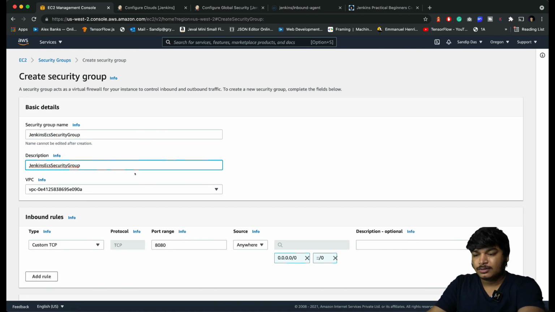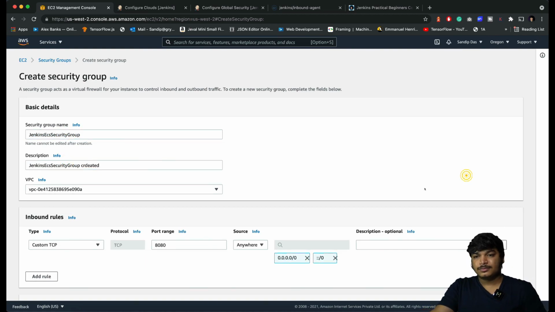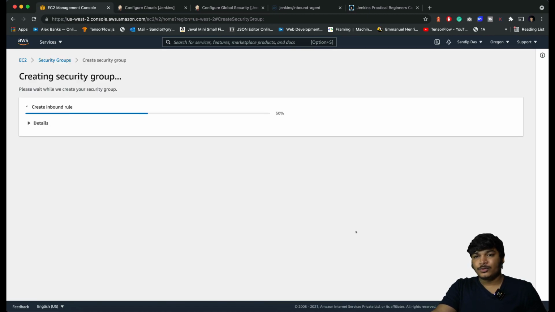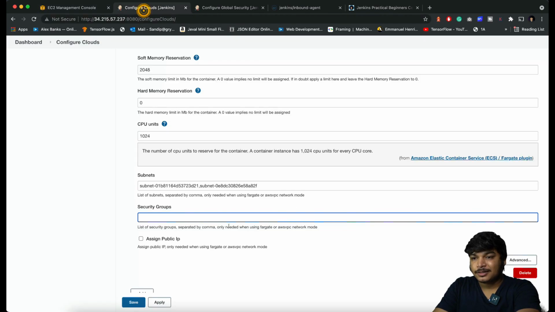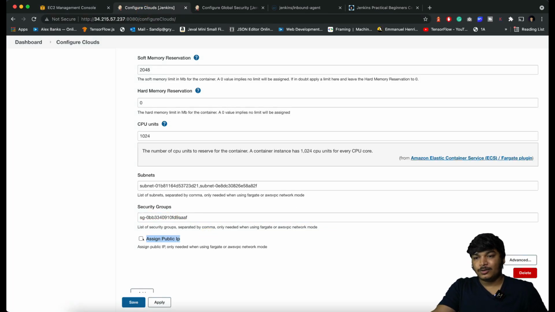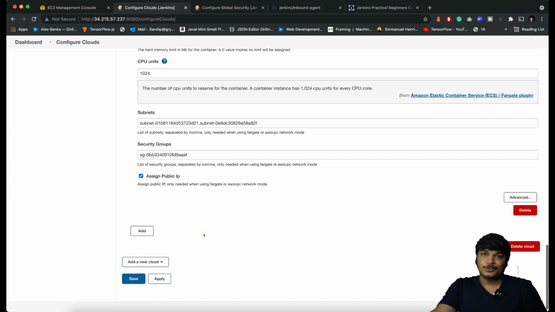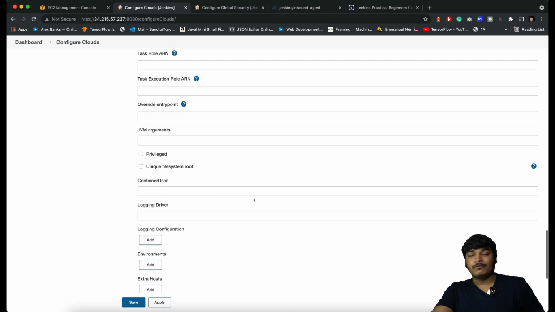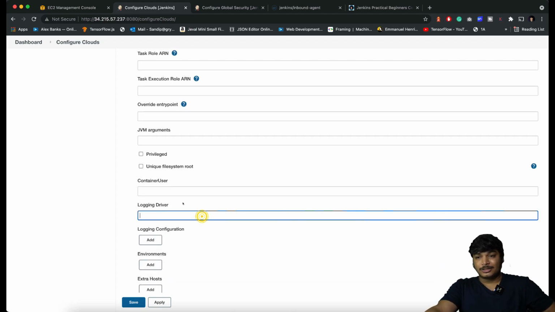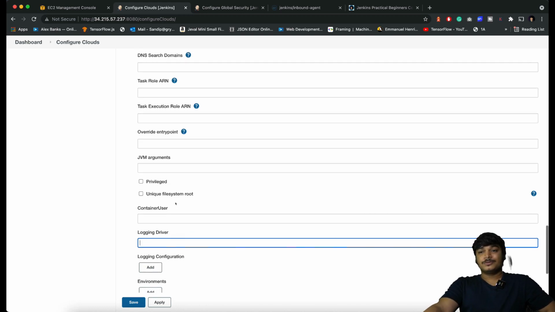Create it. Now copy this security group ID, come here and paste it. And auto assign the public IP because this will be required. Click on advanced. You don't need to do anything advanced, but if you want logging to be enabled, then mention the log driver as awslogs.